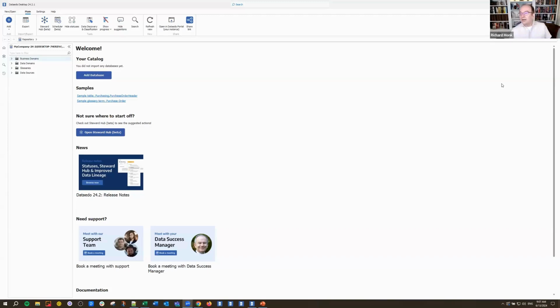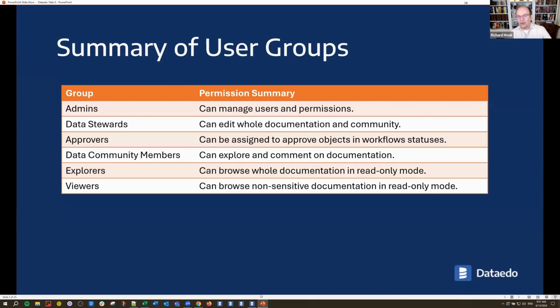I'm going to go ahead and dive into today's tip. I'm going to share my screen. The tip for today is, as I mentioned, about some of the new functionality added into Dataedo, specifically Portal, in version 24.2.